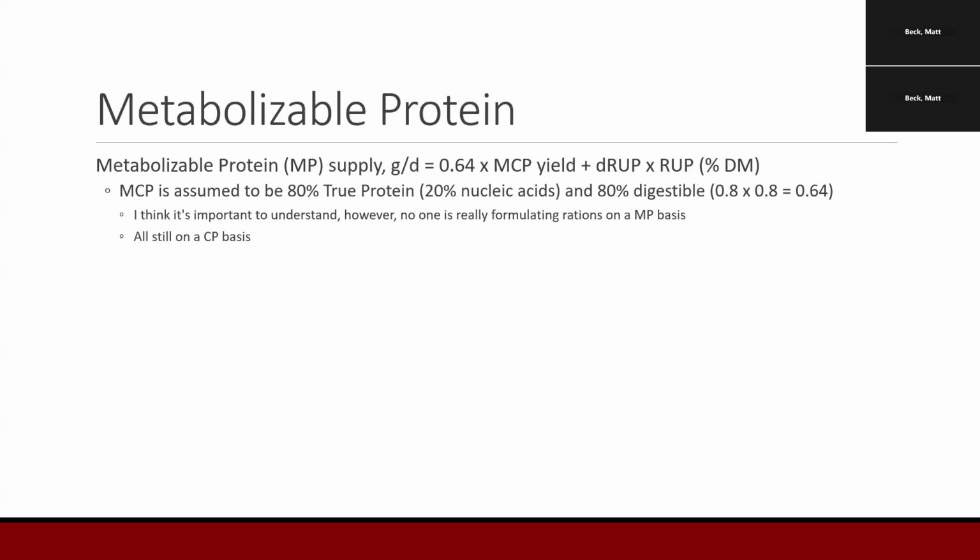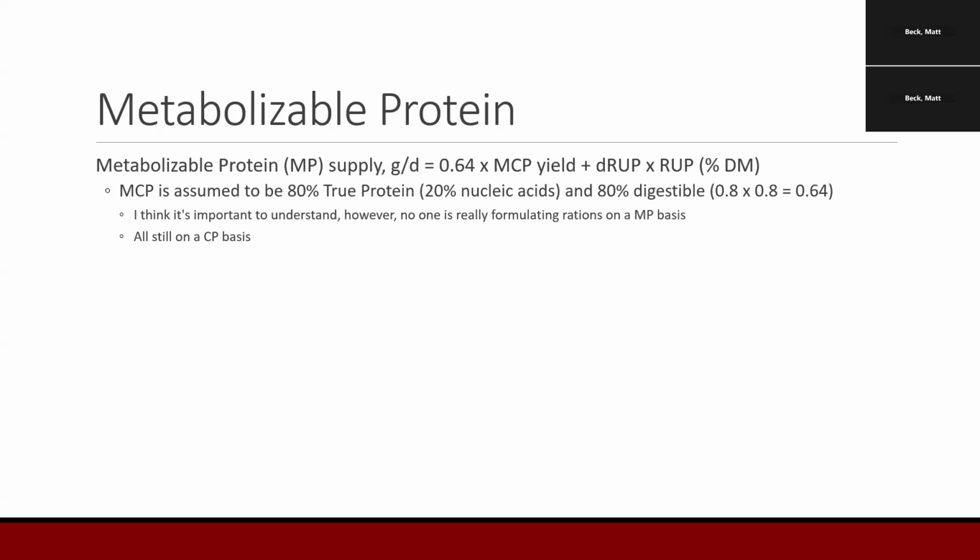Okay, so then if we know MCP yield and we know a digestibility coefficient of RUP, and we know RUP content, we can calculate metabolizable protein. So metabolizable protein being supplied to the animal is 0.64 times MCP yield plus the digestibility RUP coefficient times RUP. So that 0.64 times MCP yield is because we assume, no one's really measured this directly, it's just a best guess,